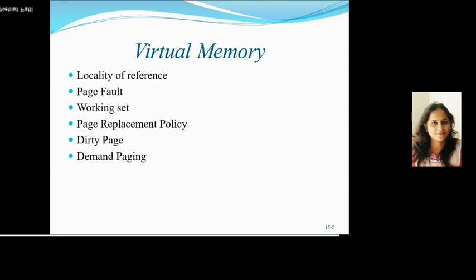If there is no page free in the physical memory for new pages, then the operating system has to overwrite an existing page in physical memory. Which page should be overwritten is decided by the page replacement policy. There are some terms related to virtual memory systems as follows. First one is locality of reference, which means